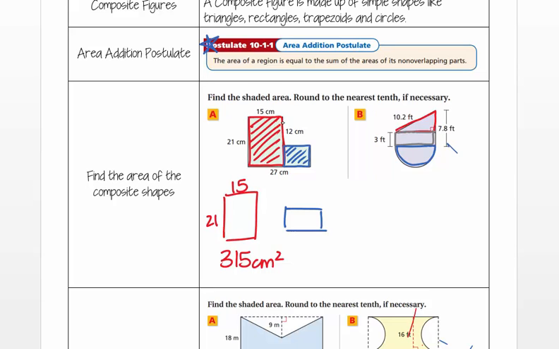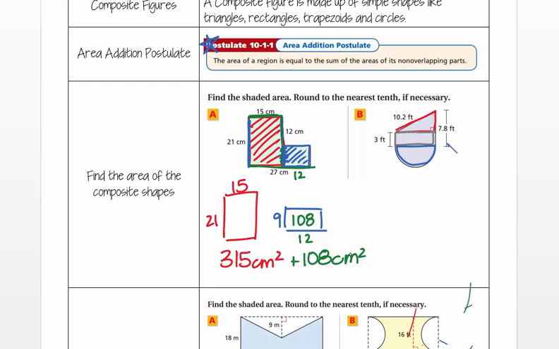So it tells me that this little part right here is 12, but I know this whole thing is 21. So if I subtract those two, I get that this part here has to be 9. And then I can do the same thing with this length down here. If I know the whole thing's 27 and this guy's 15, if I cut the 15 out of the 27, that will give me that this part down here is 12. And then this blue rectangle has an area of 108